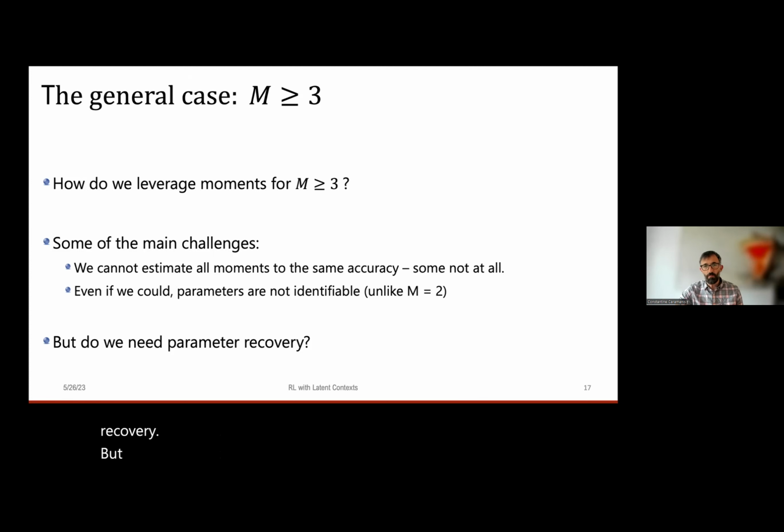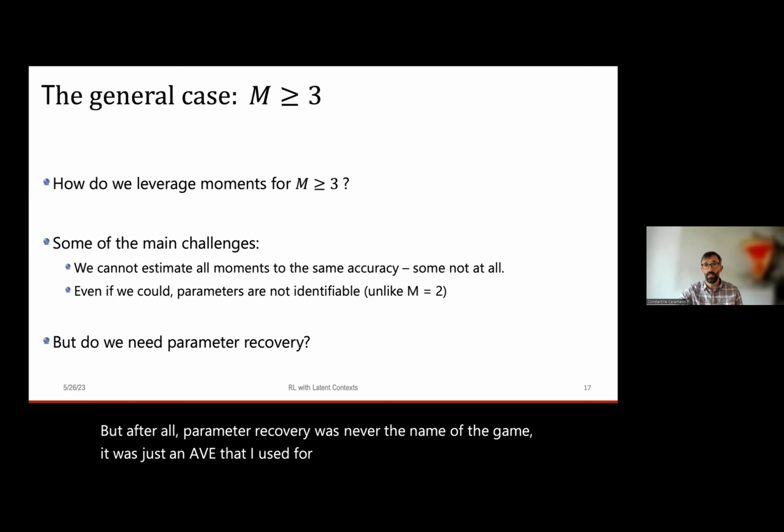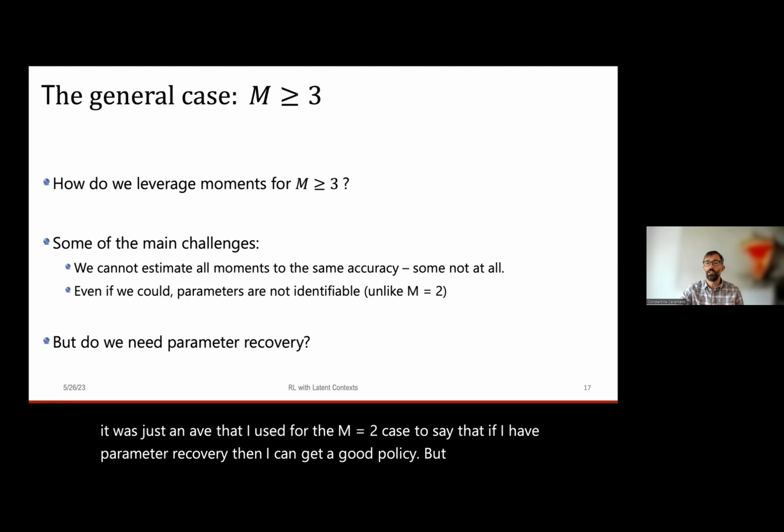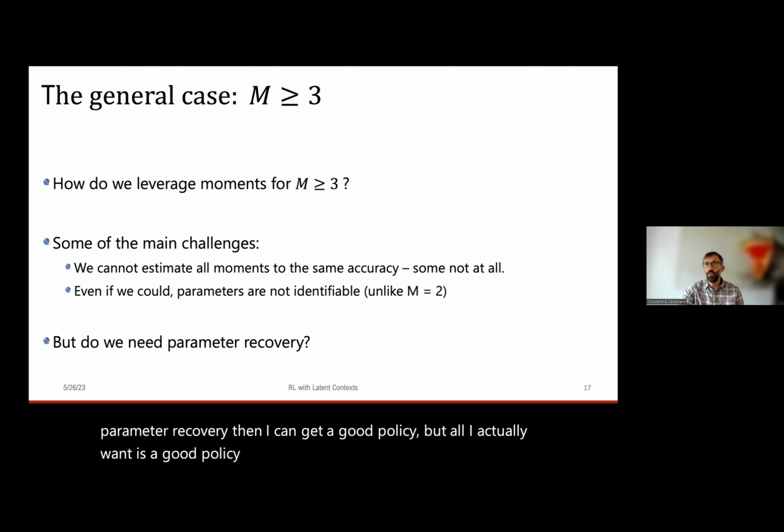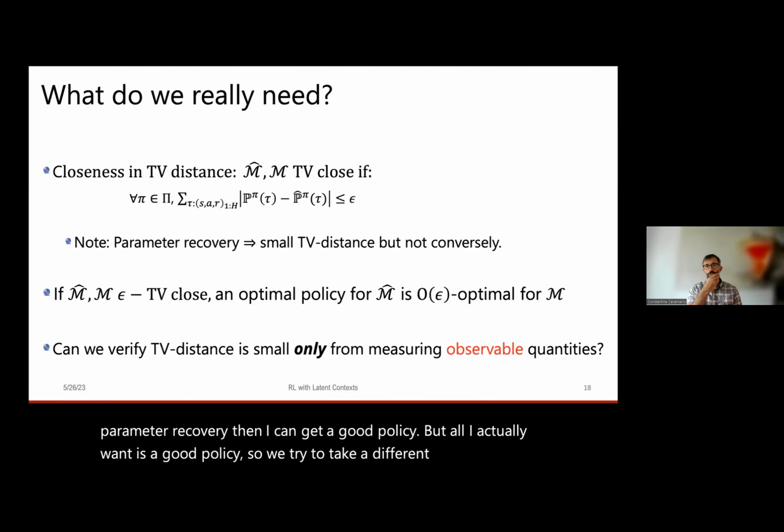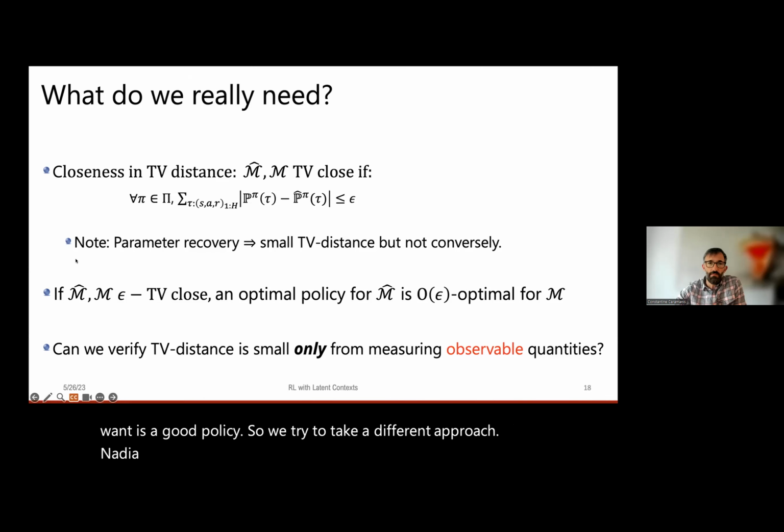But after all, parameter recovery was never the name of the game. It was just an avenue that I used for the m equals 2 case to say that if I have parameter recovery, then I can get a good policy. But all I actually want is a good policy. So we try to take a different approach. And the idea is, can we just jump over recovery, leap over that, ignore that, and argue that